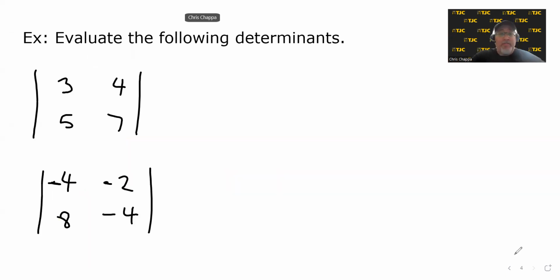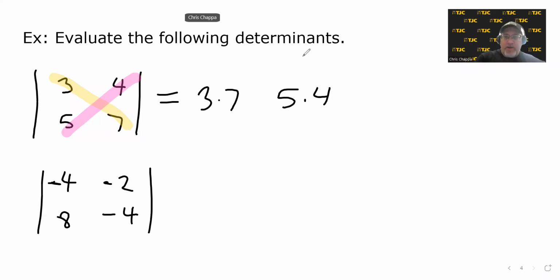So let's take a look at a couple of examples real quick. These are really easy to do. They're really easy to get used to. If we take the first determinant, the 2x2 matrix whose first row is 3, 4, and whose second row is 5, 7, then all we have to do is multiply the main diagonal first, so 3 times 7, the other diagonal second, so 5 times 4, or 4 times 5, it's multiplication, so the order doesn't matter, and